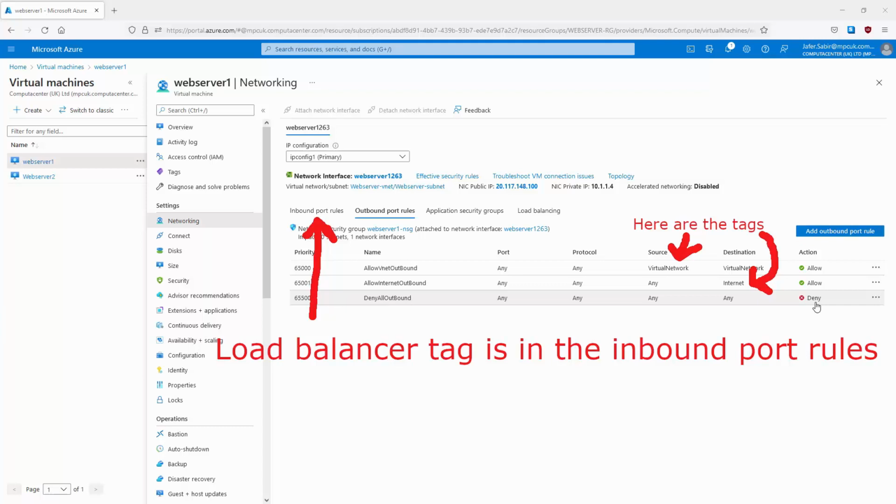We can see the tags are being used in the default rules, in particular a tag for virtual network, a tag for Azure load balancer, and a tag for the internet. The virtual network tag is basically the VNet address space, and the Azure load balancer tag is the Azure data center IP where Azure's health probes originate. And finally, the internet tag denotes the IP address space that is outside of the virtual network and reachable by